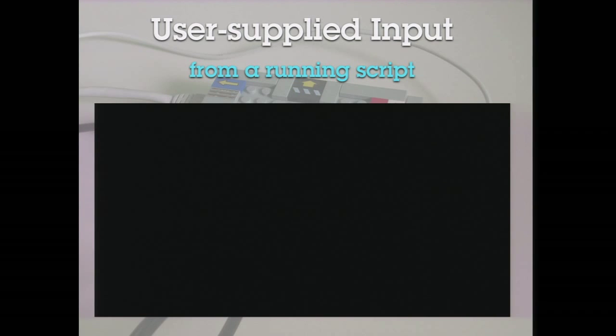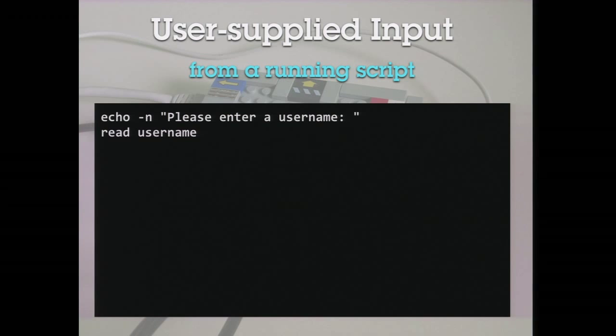So it's often useful to have a script run interactively and ask the user or admin for input. This requires a combination of just 2 lines. The first line is you say, hey, please enter something. And I like to use -n because that tells echo not to return a new line. So the please enter username looks like a prompt, and then they enter the username right after that. And then to capture that input, right after the echo line, you put a read command, and you write whatever you want that variable to hold that output, or the user input, right after the read. So I want to say whatever they type there, that's username.